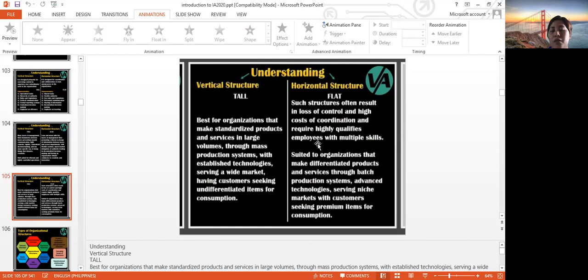So the difference when it comes to product is that vertical structure is needed if standardized products are to be delivered to a particular client. And horizontal structure is needed if the clients are seeking creativity and different designs. So here comes empowerment of the members of the organization, or just to say employees, to think creatively so that they are able to create a particular design.